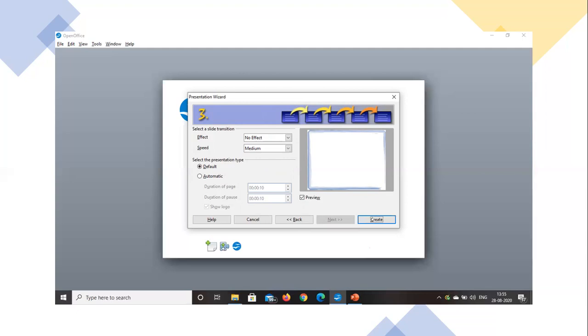Speed, medium speed is given. Select the presentation type, default automatic. We are not going to make any changes in these options. Those will be taught in the next class. Today I just wanted you to see how the open office window will be visible to you. Once we have selected all these, we select the create option.